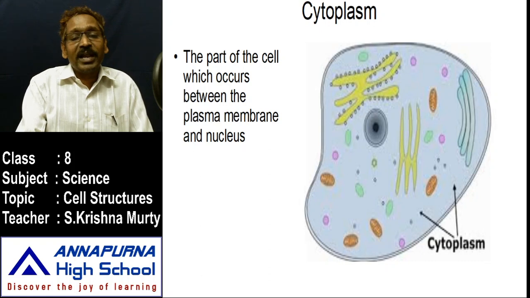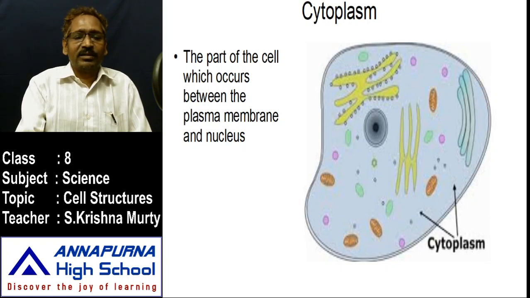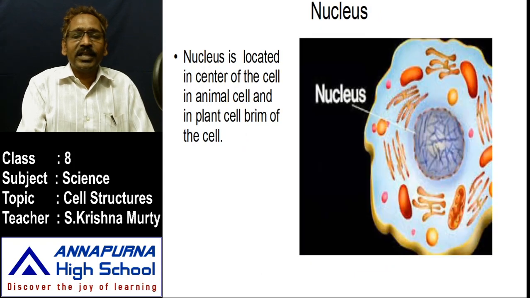The cytoplasm contains a number of organelles. Look at that, a number of organelles like that. In the earlier class we learned about ribosomes, lysosomes, endoplasmic reticulum, etc. Everything is there in this only. So it is a site for these, and also it has some material to supply the required amount of energy source to each and every organelle.